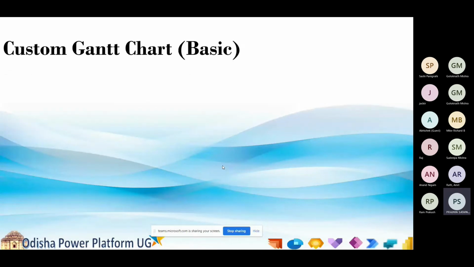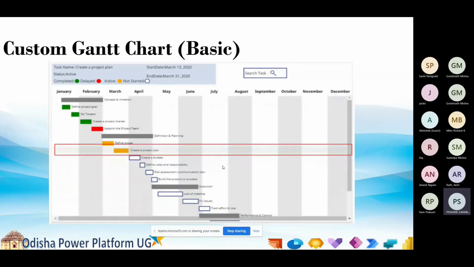Initially I searched Google for a Gantt chart in Power Apps. Some people had already customized a Gantt chart in Power Apps. So with reference to their content, I tried to build that Gantt chart on my screen. That is a very basic Gantt chart. You can see it here. I have also published how to create this type of Gantt chart in my article.